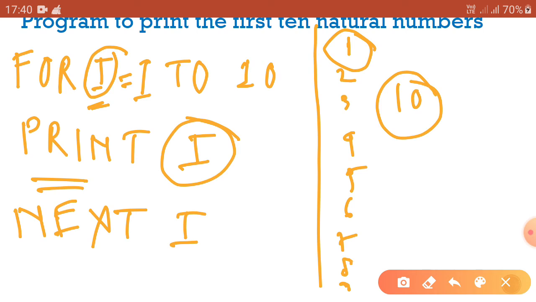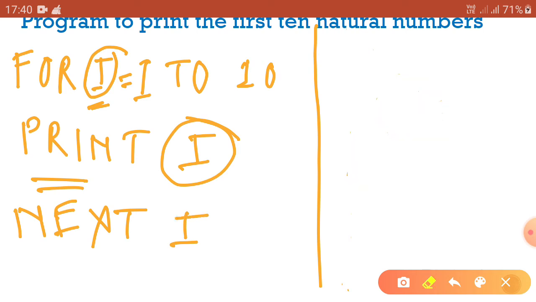So if we write this, what will happen? For I equal to 1 to 10, it will print I. Now when the computer reads the first line, for I equal to 1, and print I, then the value of I is 1, so it will print 1. Then come to this line, that is next I. So the value of I at the first time is 1.